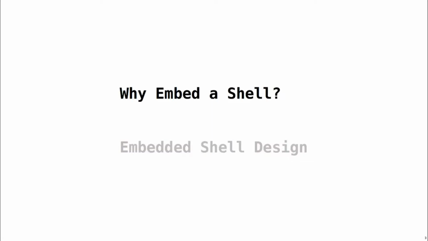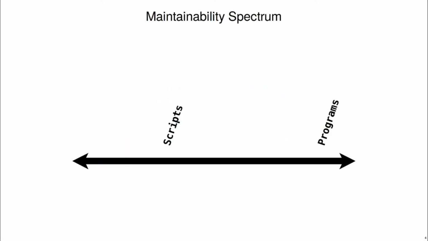Let's dive into why. There's an outlook on programming that says that programs live on a spectrum from scripts, generally small bits of code thrown together quickly or as prototypes, and more mature programs that are larger and more serious affairs. I've borrowed this analogy from the gradual typing world, where language designers aim to allow scripts written in an untyped language to grow along this spectrum by adding type annotations to make ongoing maintenance easier. Rash doesn't have anything directly to do with gradual typing, but I think the idea of a maturity or maintainability